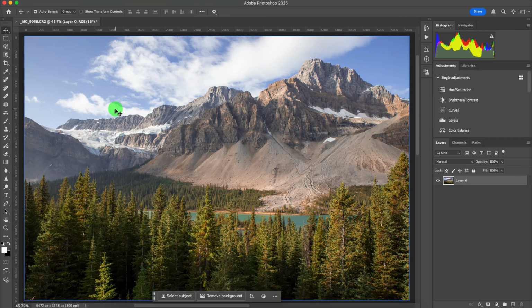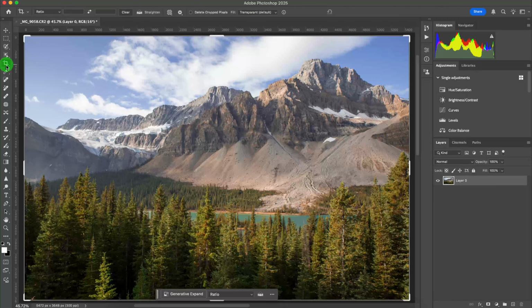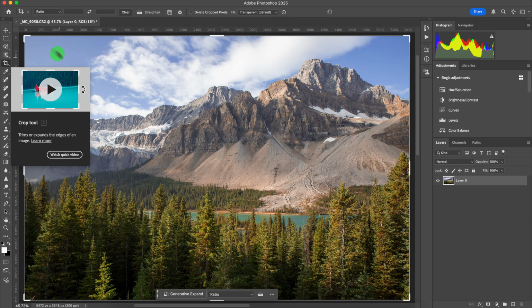Learn how to crop or expand an image in Photoshop. I'll first show you how to crop the photo. I'm going to click on the crop tool, or you can press the keyboard shortcut C, and you can see